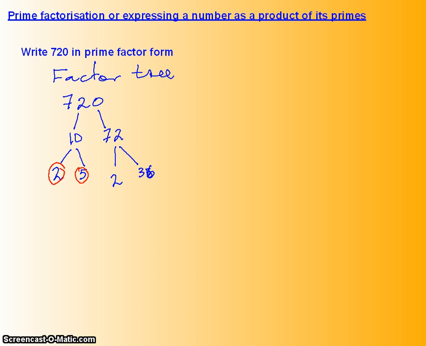In this case 2 is prime, but 36 is not prime, so we continue to make our branches. So we have 2 times 18. 2 is prime, but 18 is not prime, so we continue with our branches. We have 2 times 9. 2 is prime, 9 is not, so we continue to split it up. So it would be 3 times 3, and 3 is prime, so we have all the prime factors on the tree here. So we can express 720 as,